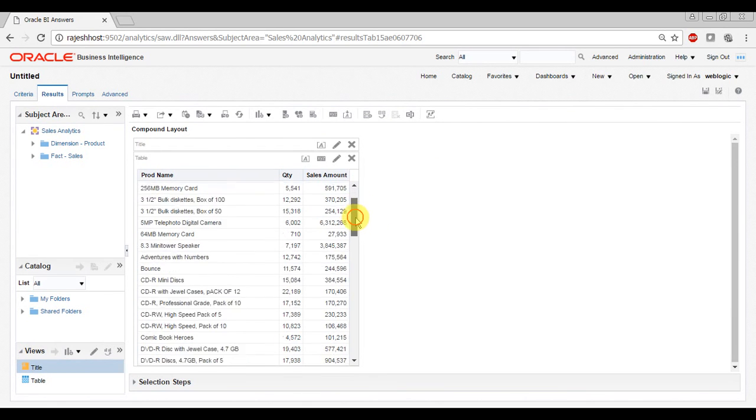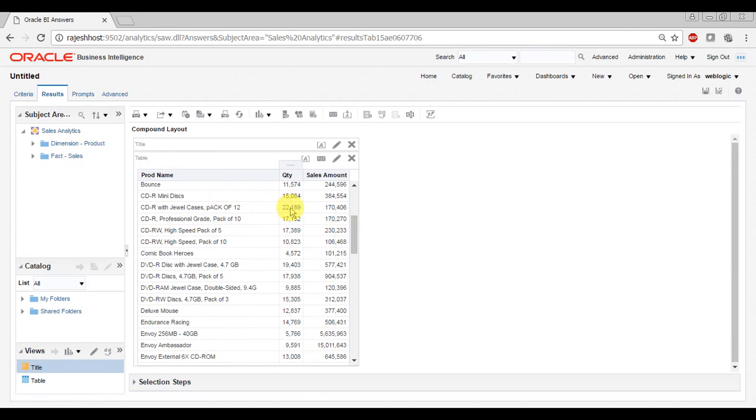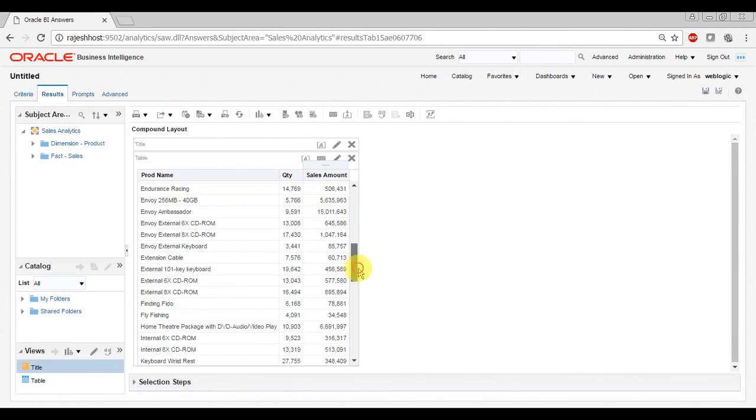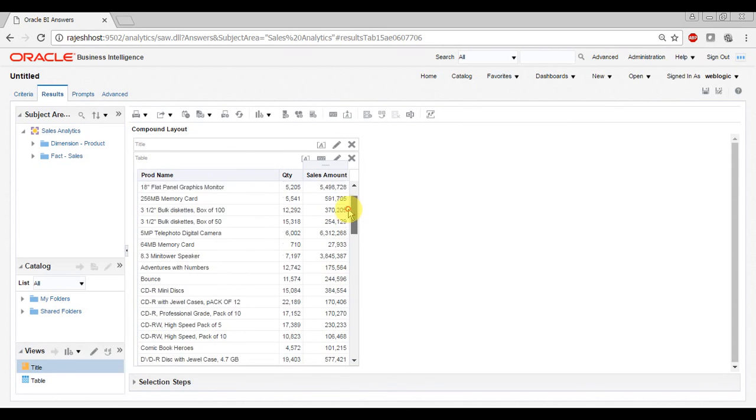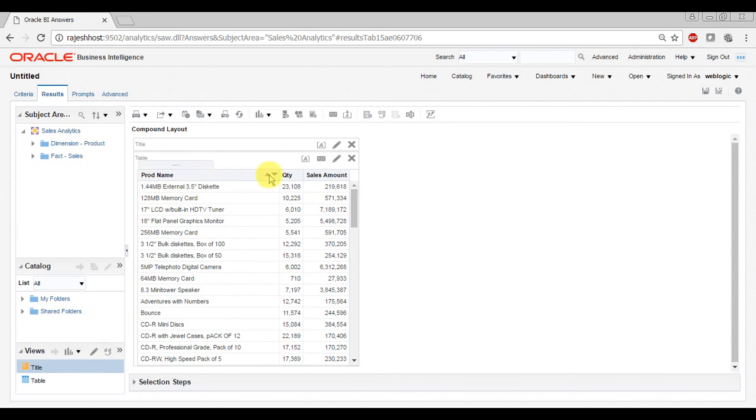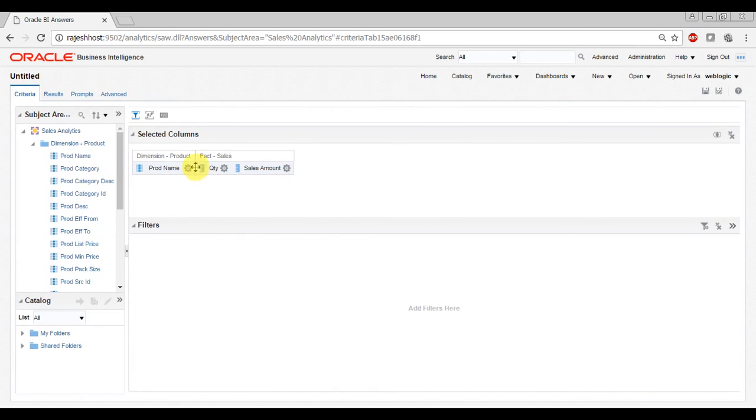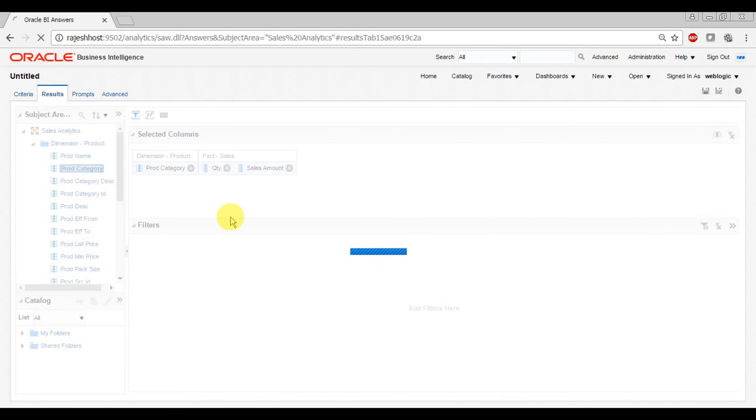Now you can see all the product names along with the quantity and sales amount. For example, if I want my quantity and sales amount for each category, then I'll go to criteria, remove product, put category, drag and drop it before the facts, and click on the results tab.